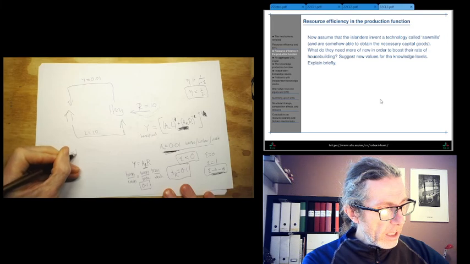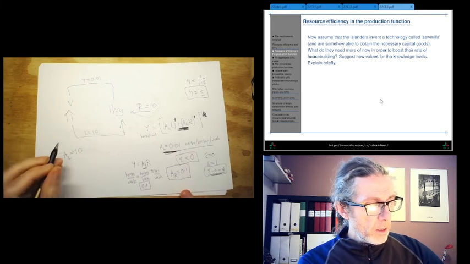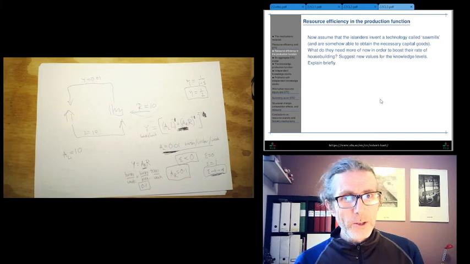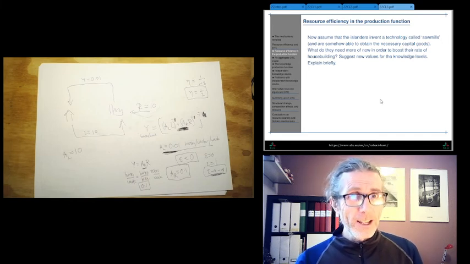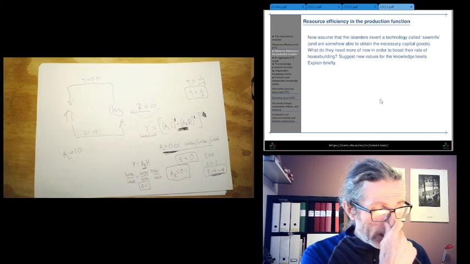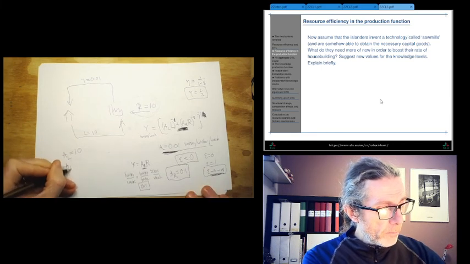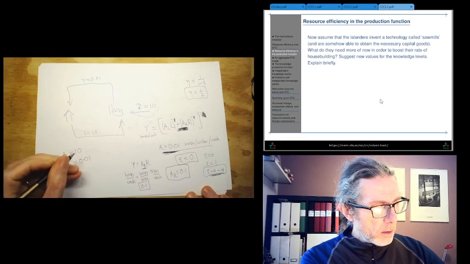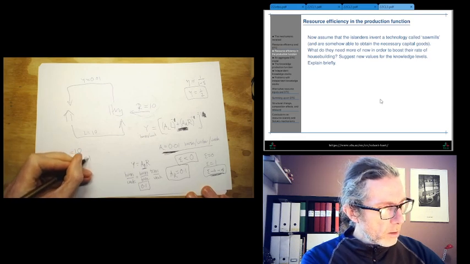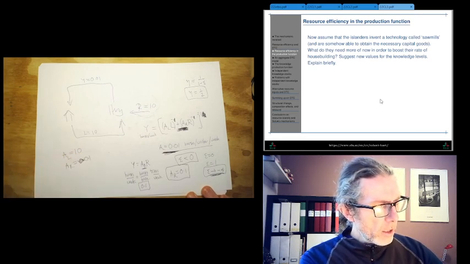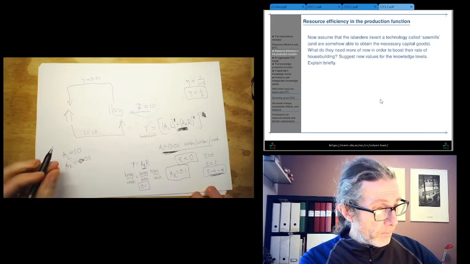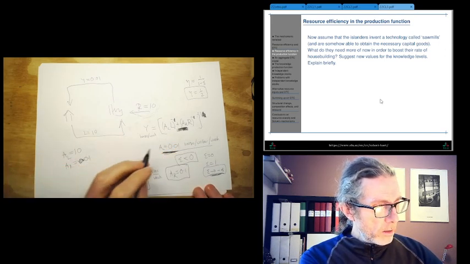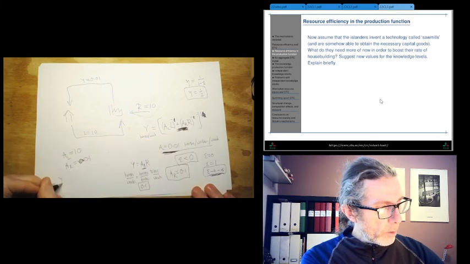so if AL was 10, but AR, well, it might change. We'll talk about that in class. We have a think about what might happen to AR. But let's hold it the same for now. 0.1, sorry. AR is 0.1. L and R are still 10, so now we would have